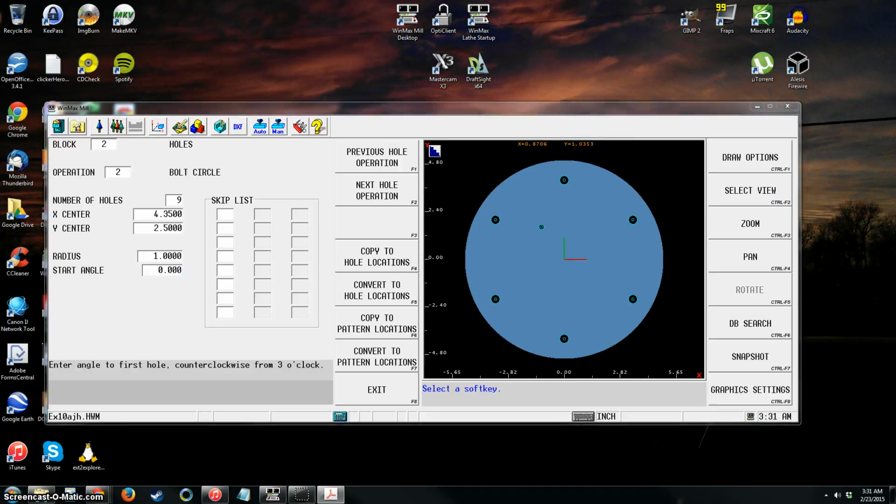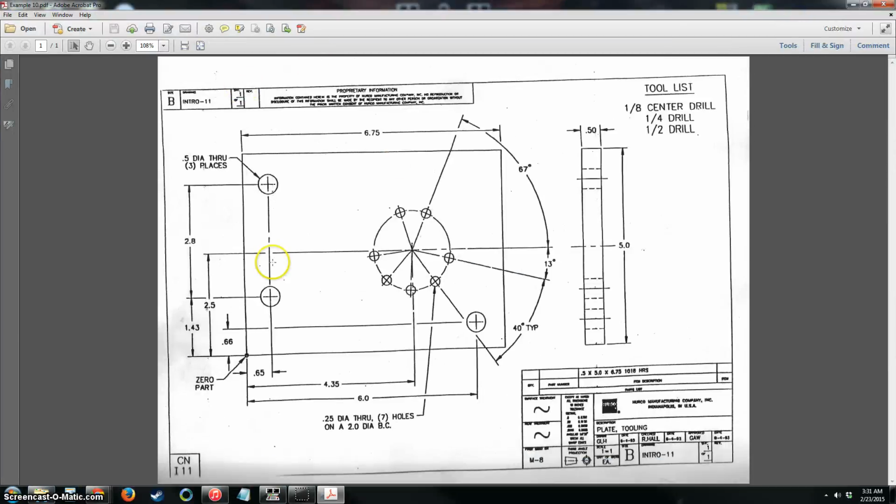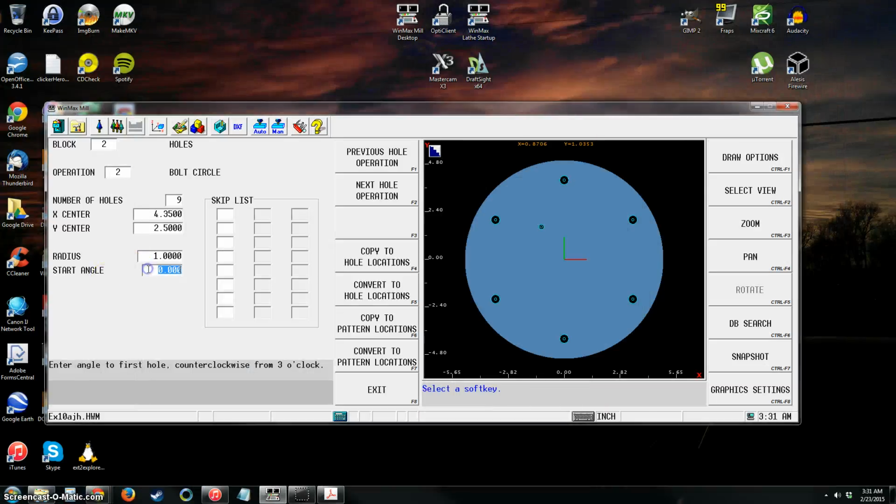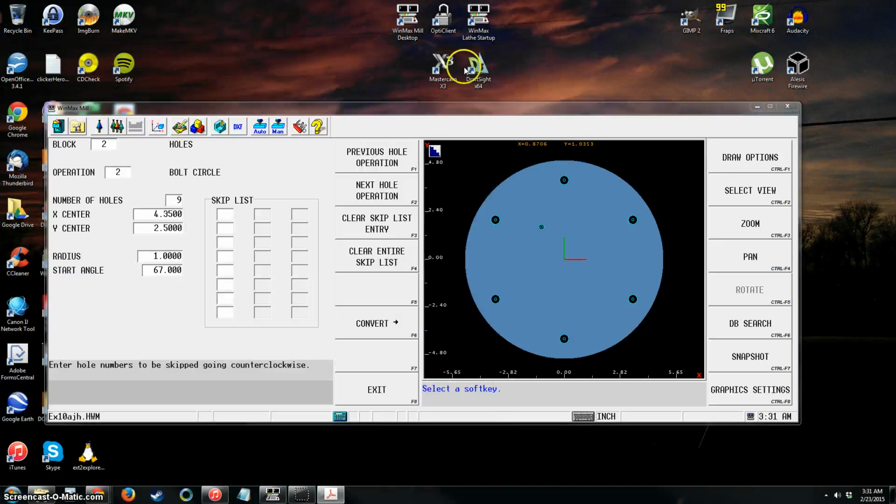And now for our start angle, we can pick any angle we want, but the simplest way is, since we know that 0 degrees is our 3 o'clock position, we'll just do this first hole here at 67 degrees instead of calling it out from the 0 position. So if we type in 67 degrees, now when we draw this,